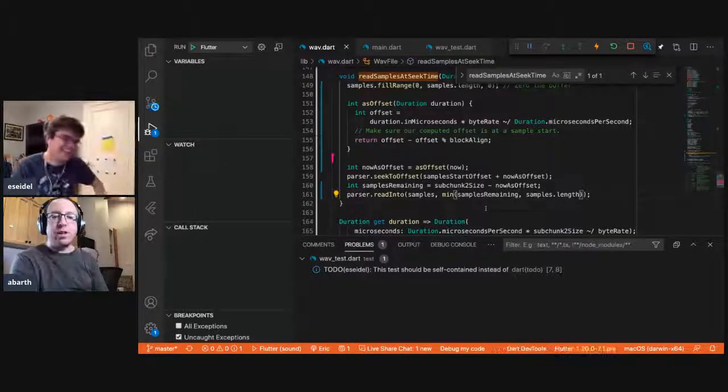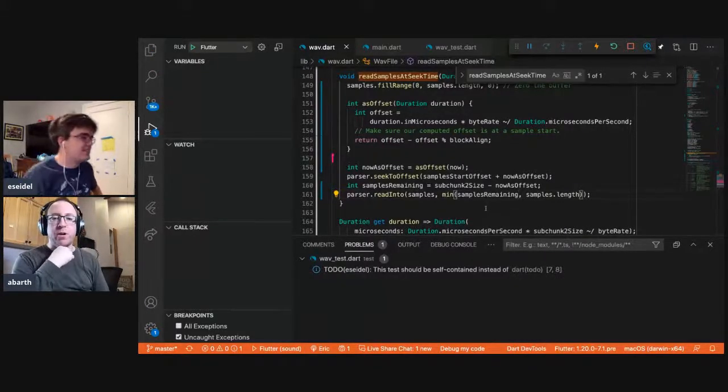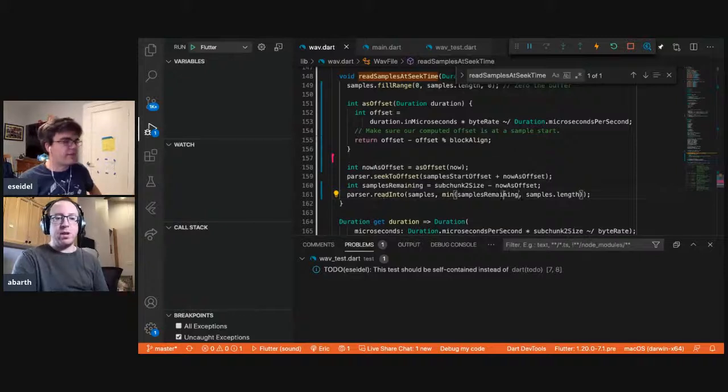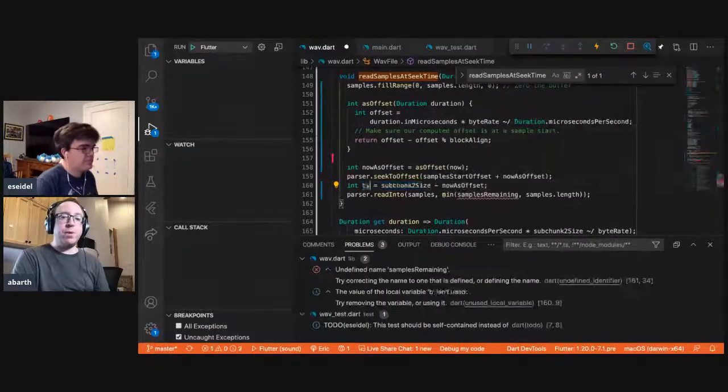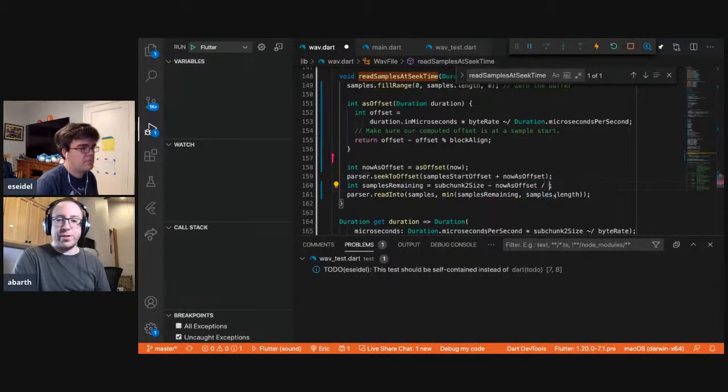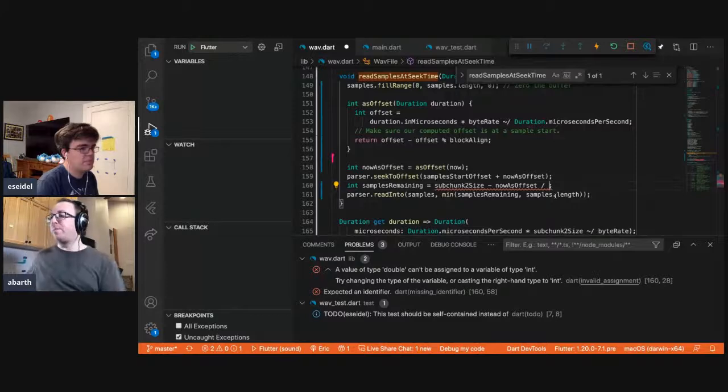Yeah. So there's a unit problem on line 161 where the left part of your min is in bytes and the right part of your min is in 2 bytes. Oh, yeah, because these are not samples. These are bytes remaining. Right. So if you really want it to be samples remaining, which I think actually would be a reasonable way of doing it, you just need to divide the bytes remaining by some property you have, which is bytes per sample in some form.